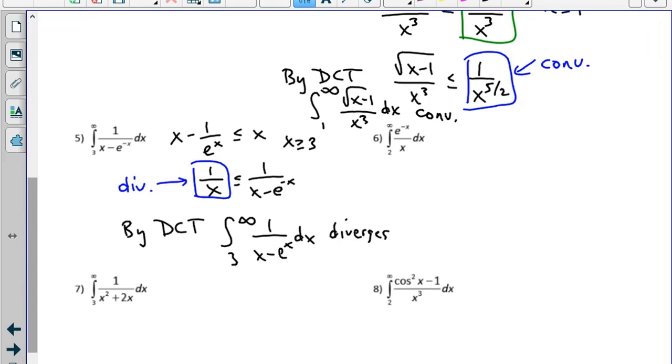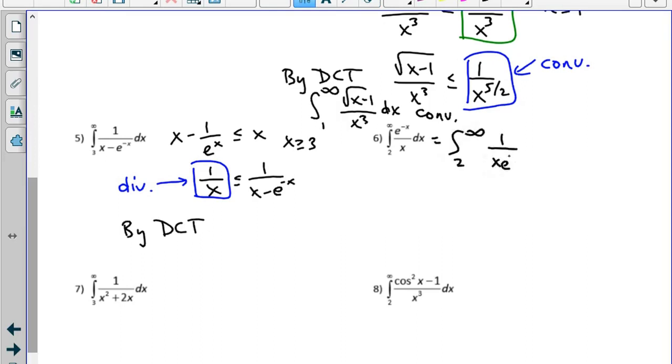Next problem. E to the negative x over x, the integral from 2 to infinity. So if I take this, my first thing that I'm going to probably try to do is the direct comparison test. Notice that this is the same thing as the integral from 2 to infinity of 1 over x e to the x dx. That's because e to the negative x is the same thing as 1 over e to the x. So as long as x is greater than or equal to 2, I know that